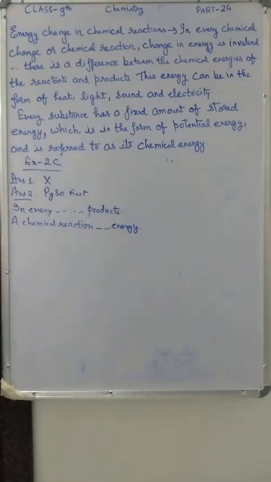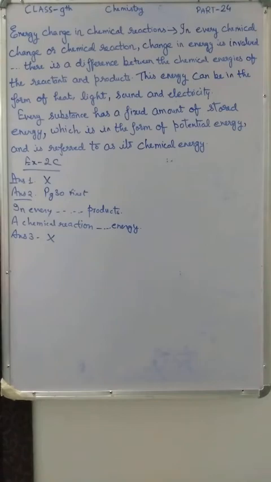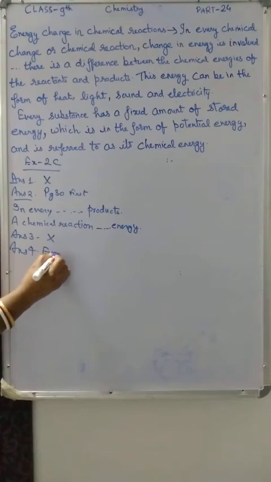Okay, now third one. What do you understand by chemical reaction? This one you have also written in the previous exercise, so no need to write this. Now answer number 4. Give an example of a reaction where the following are involved. This answer also you have written in the previous exercise. Evolution of heat, the conditions of chemical change. In exercise 2A, all the conditions were there, where evolution of heat, absorption of heat or high pressure is required. So evolution of heat you can write from this chapter only. For evolution of heat, you just write one example of